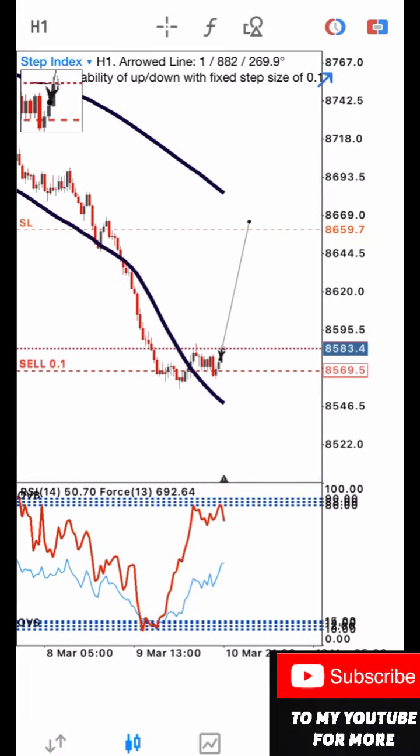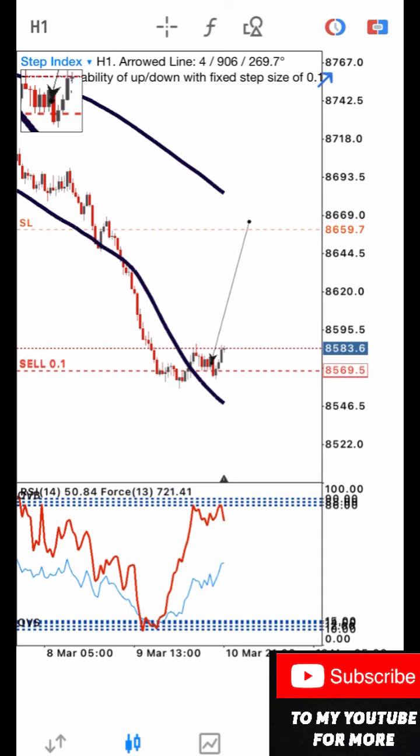The bulls are pushing up against me. Now, what is the mistake I made here? Remember, I always tell you guys, you always want to have more confluence when you want to take a trade. You don't want to just trade based on one concept or one confluence. You always want to make sure you have two.